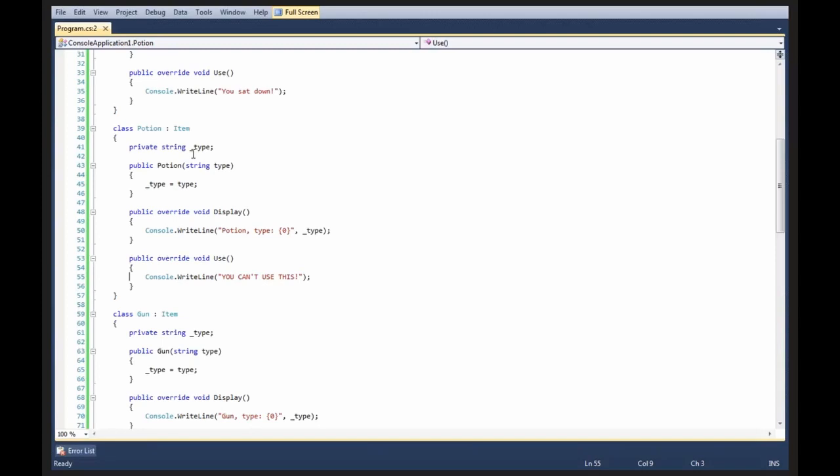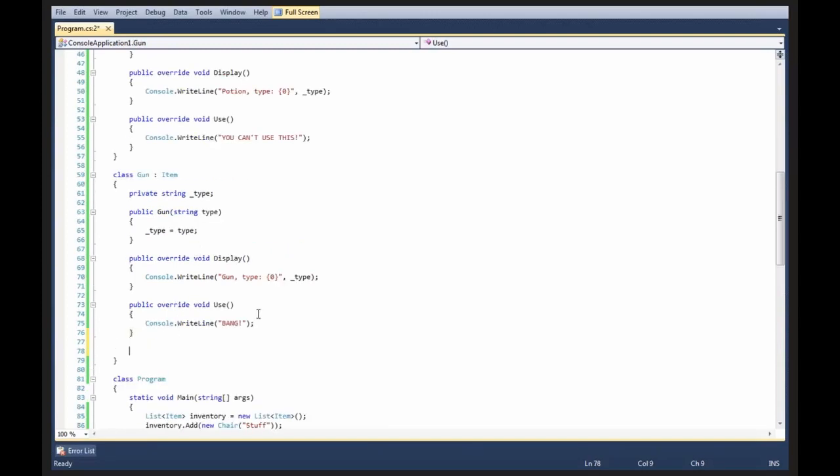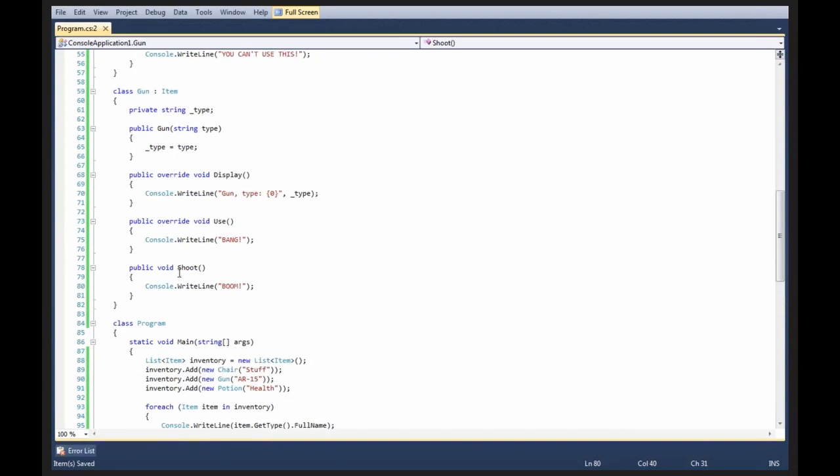But can a gun still shoot? Certainly. We could still add a method onto our gun called shoot, public void Shoot, and then inside of it we'll do boom. And then if we cast an item into a gun, and it is a gun, then we can invoke the shoot method on it. But